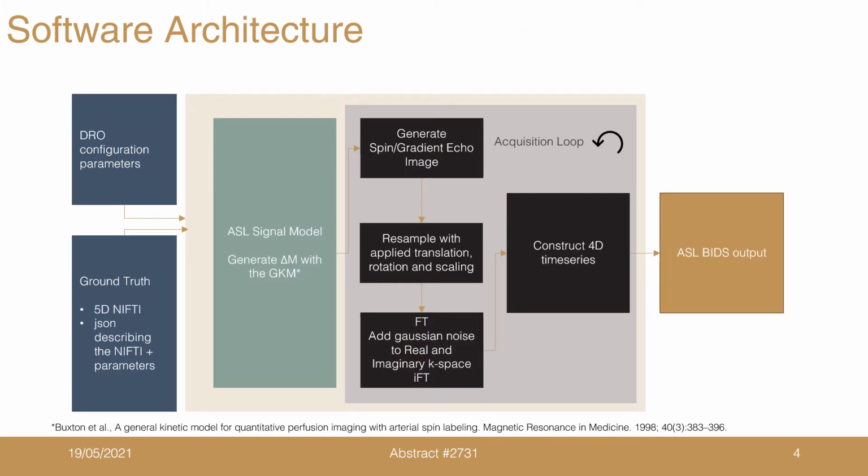Our DRO is written in Python and is released under an open source MIT license. The ASL signal is generated using the general kinetic model, then, for label images, encoded into the longitudinal magnetization prior to calculating the gradient or spin echo transverse magnetization. Rigid transformations mimic patient motion, and the image is resampled at the acquisition resolution before noise is added in the Fourier domain. This is repeated for each dynamic, constructing a 4D time series, which is then output in ASL BIDS